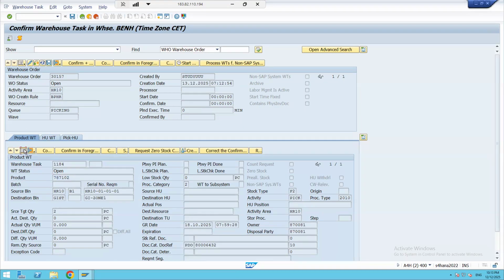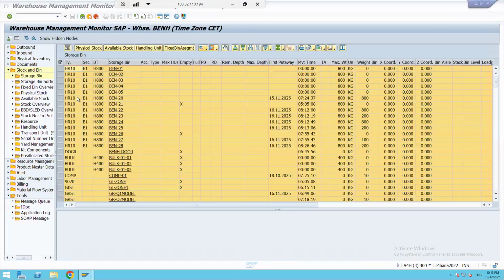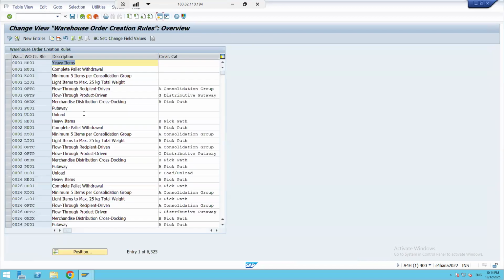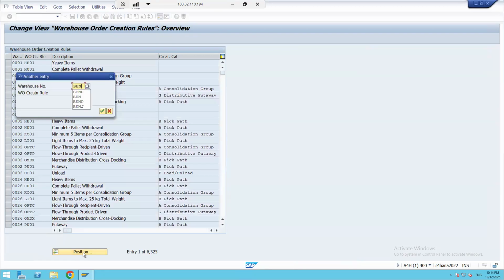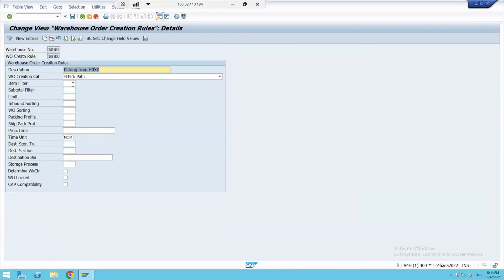Now let's do it in depth. So we triggered the BPHR, okay. That was the first one. We triggered the warehouse order creation rules based on the activity area. Okay. Now let's go back to the creation rules. BPHR we triggered, okay. Now tell me, guys, here. This BPHR, whenever the system creates warehouse tasks from hierarchs to GA staging area,